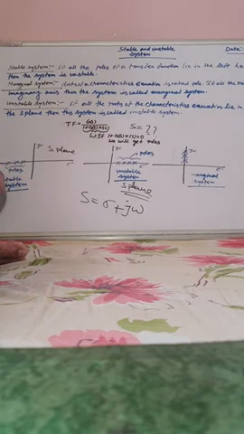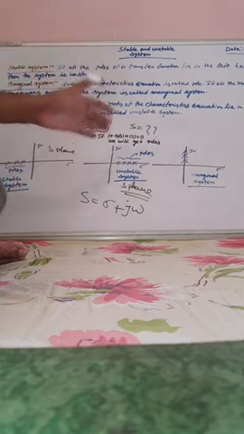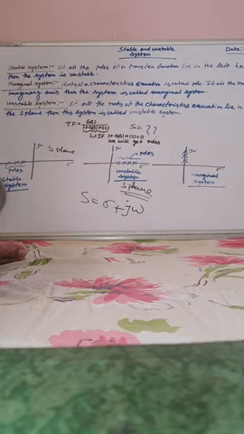Why am I teaching this? Because from Monday onwards, I will solve problems regarding the Routh-Hurwitz criteria. There you will see how we calculate how many poles lie in the right half of the s plane, the left half of the s plane, or on the j omega axis. I will show you some problems.